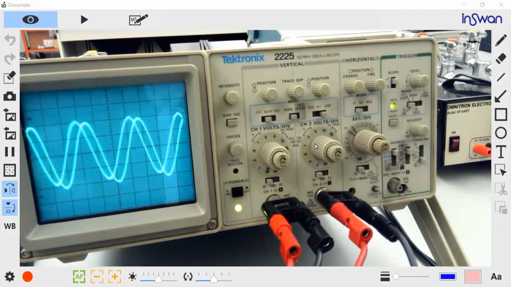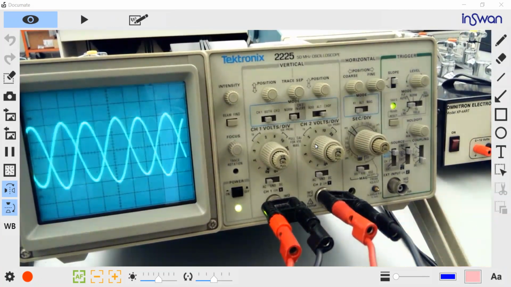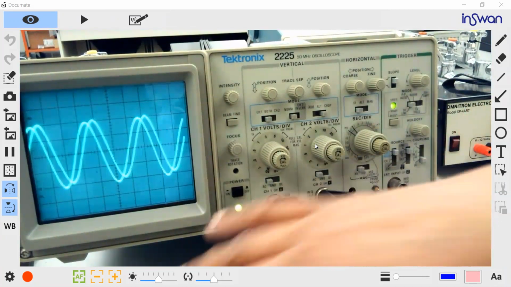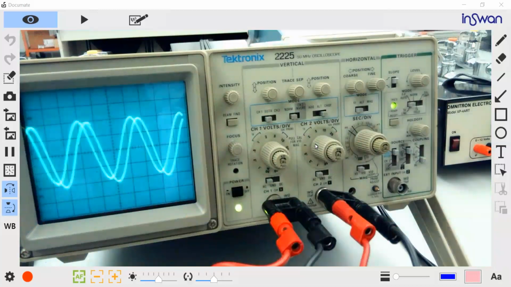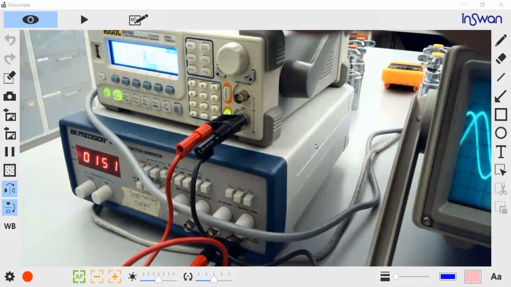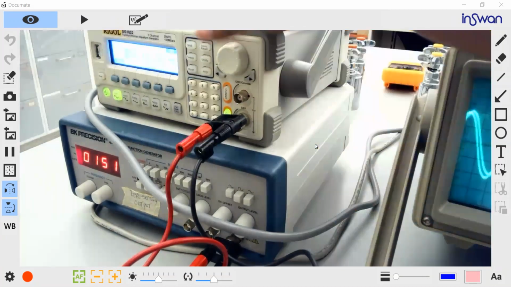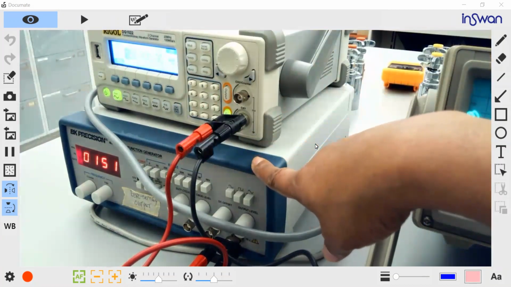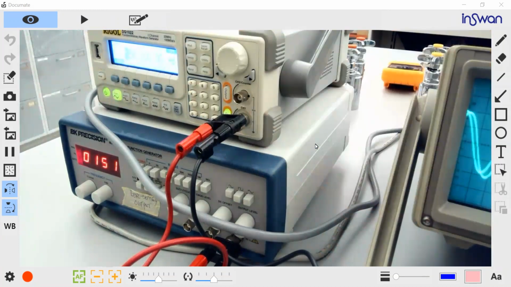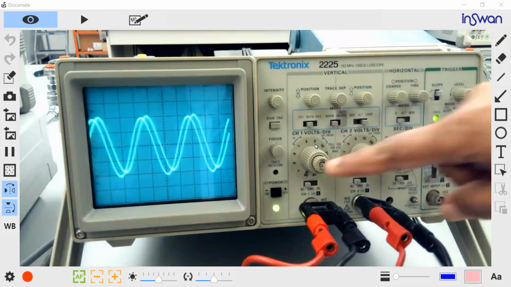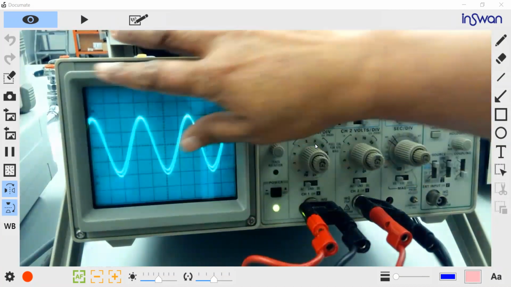Before that, I have the two channels here. It says channel 1 here and channel 2 here. I connected two signal generators directly to the oscilloscope. Channel 1 goes to my first signal generator, and channel 2 I gave to the second frequency generator, which is also set to 150. So in the oscilloscope, I can see two signals because I use channel 1 and channel 2, and this we call the display of the oscilloscope.